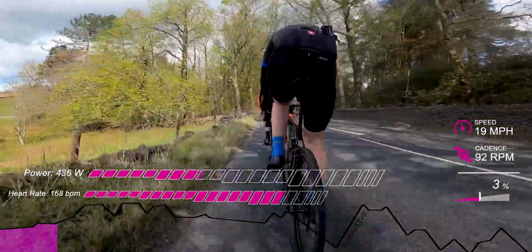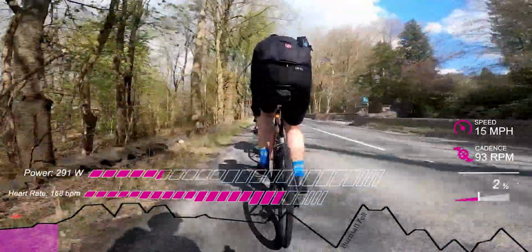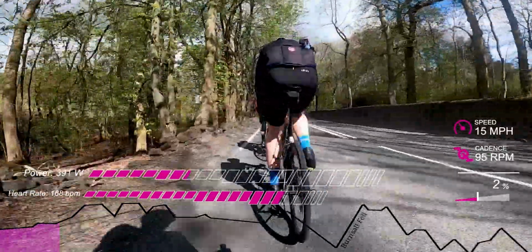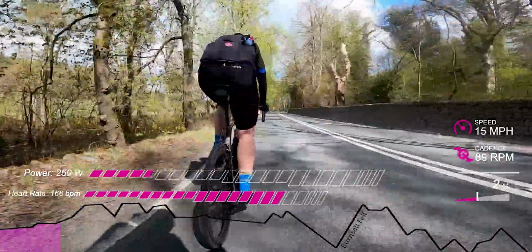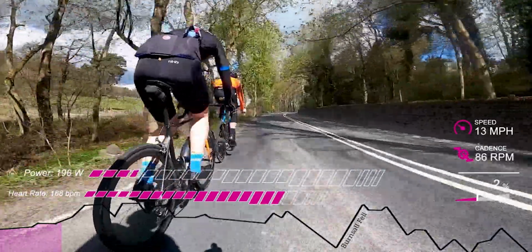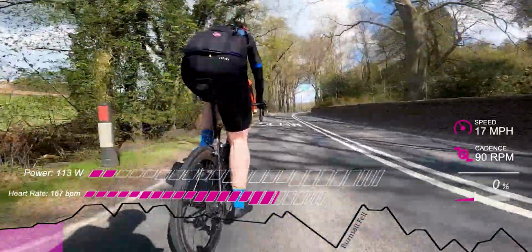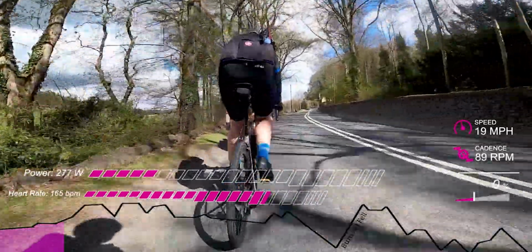As I said earlier, the beginning of this segment is quite lumpy. There's maybe three or four points where you can really launch a decent attack. So my aim here again is just to stay close to the front of the group and wait for someone else to launch something. Trying to keep myself on the outside of Banksy's wheel here, so people have to go right round me,